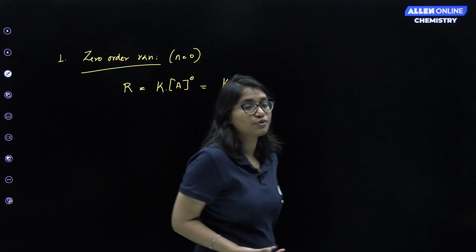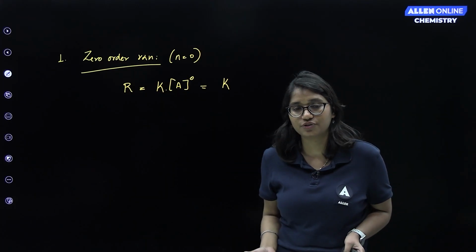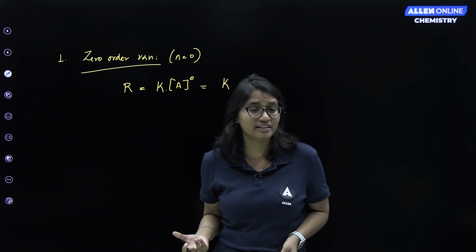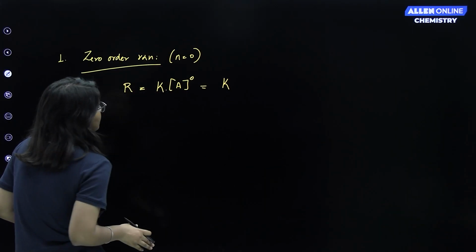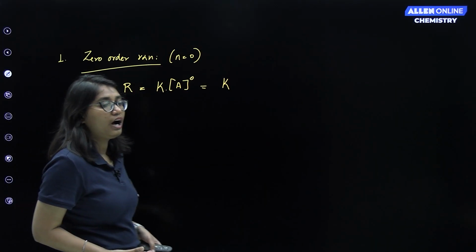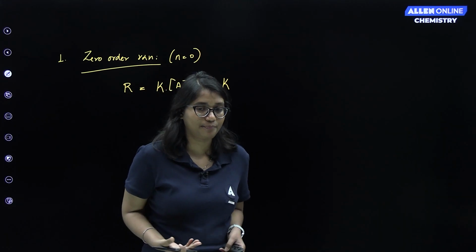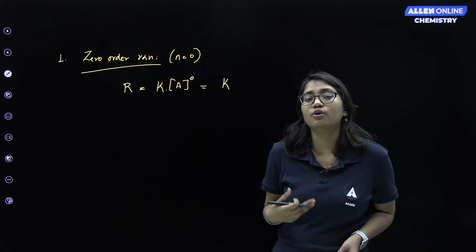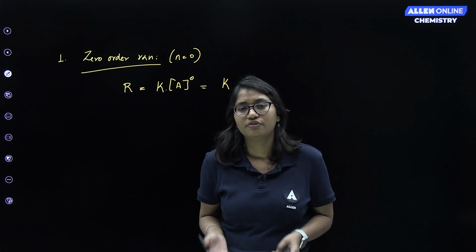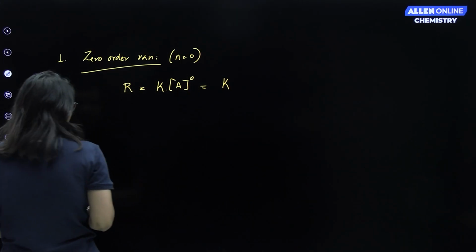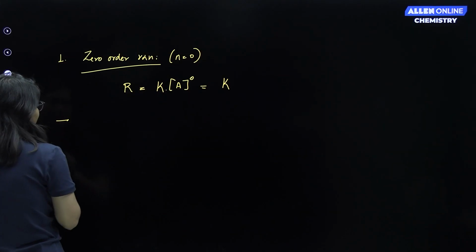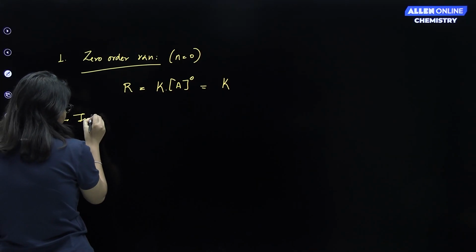This situation usually occurs when the reacting surface is saturated, such as reaction on a catalytic surface. Now we need to know how concentration affects time. For that we use the integrated form of zero order reaction. So for the integrated form for zero order reaction,